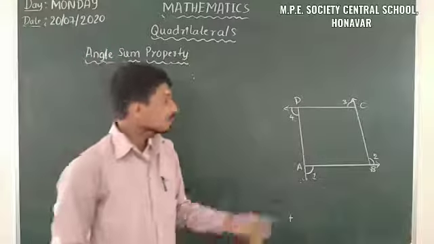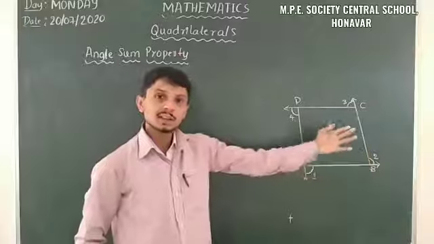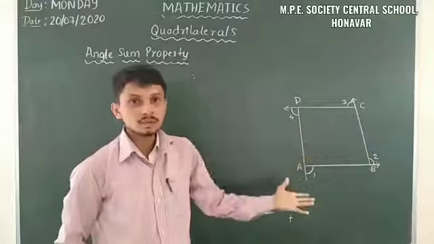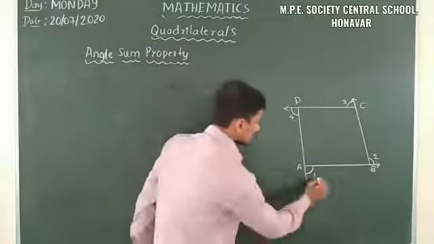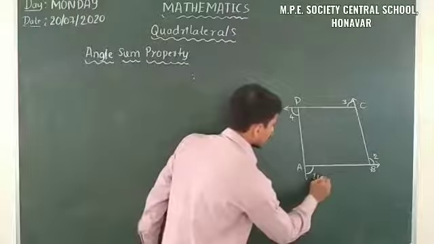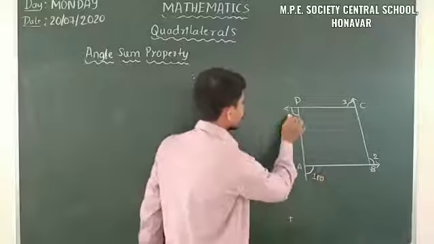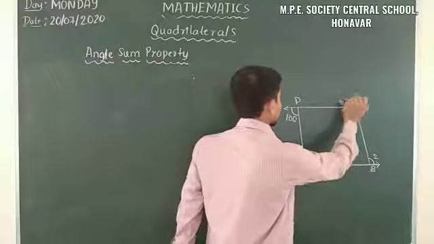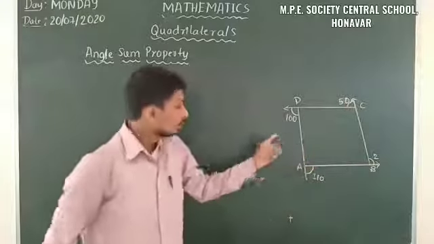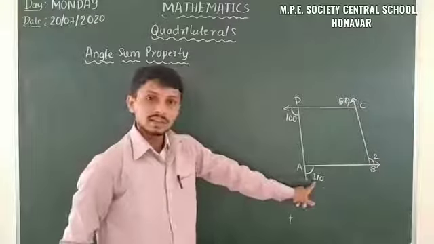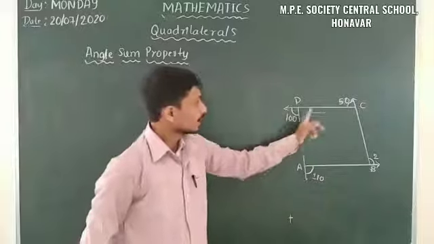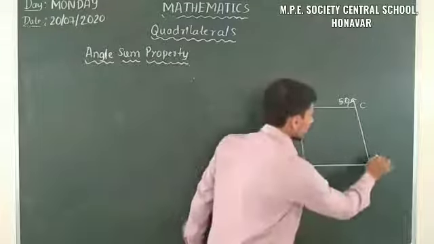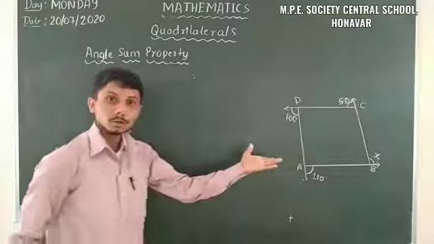Yes, so here there are 4 angles, and I will name some of them, because we have to find the unknown angle. Here I will take 110, 100 and 50. So we know 110 degree, 100 degree and 50 degree. Three angles are known, but we have to find the value of x. Find the measure of x here.